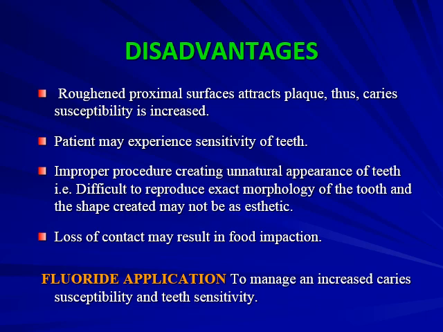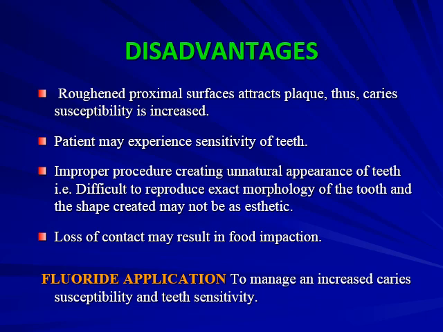من ال disadvantages للproximal stripping نحن ممكن واحنا بنعمل reduction للsurface ما نعملش polishing و finishing كويس ونسيب rough surfaces that accumulates food وتعمل food impaction و could lead to caries، فاحنا بنزود له ال caries susceptibility. برضو in some patients ممكن يحصل لهم sensitivity بعد ما نشيل لهم layer من الانامل. من عيوبها برضو ان ممكن واحنا بنعمل reduction we do not keep the shape of the tooth ونغيرها فبتبقى شكلها